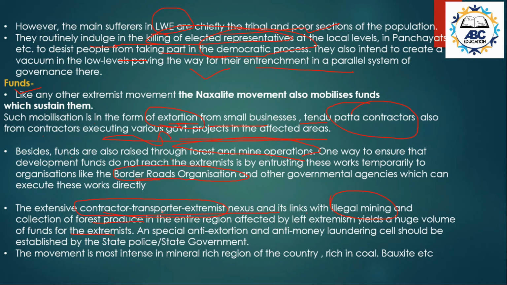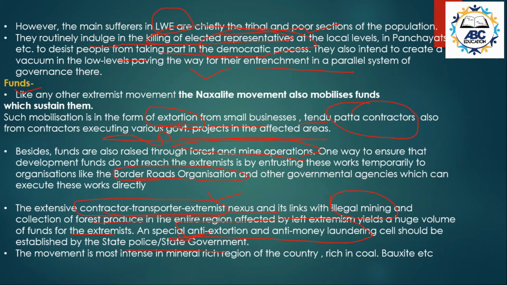एंड ऑल्सो आपको एक स्पेशल एंटी एक्सटॉर्शन एंड एंटी मनी लॉन्ड्रिंग सेल बनाना चाहिए इन द स्टेट पुलिस एंड स्टेट गवर्नमेंट ऑफिस, सो दैट दीज काइंड ऑफ इलीगल एक्टिविटीज, जो नेक्सस चल रहा है वहाँ पे इलीगल माइनिंग का एंड जो एक्सट्रीमिस्ट ने नेक्सस बनाया हुआ है वो नेक्सस ब्रेक हो जाए, सो दैट इलीगल माइनिंग एंड कलेक्शन ऑफ फॉरेस्ट प्रोड्यूस के थ्रू जो ये एक तरीके का एक्सटॉर्शन का बिजनेस वहाँ पे चल रहा है वो वहाँ से कट हो जाए. And this is how you will cut their source of funding,